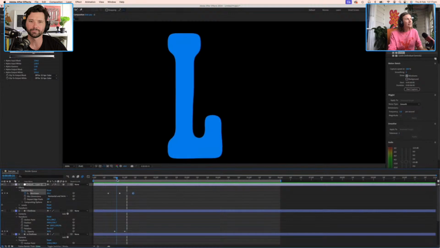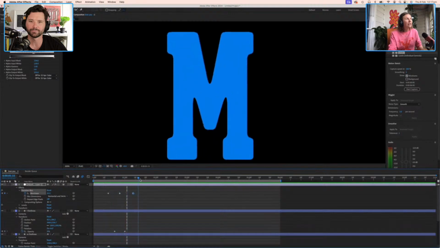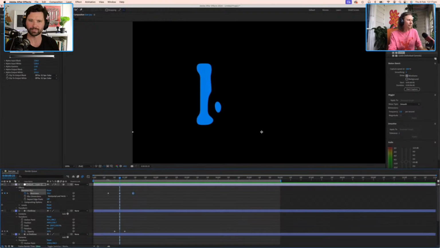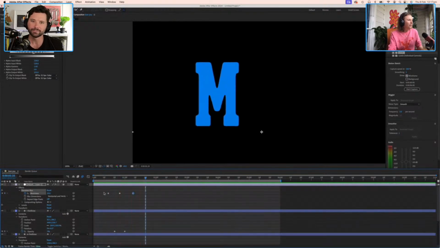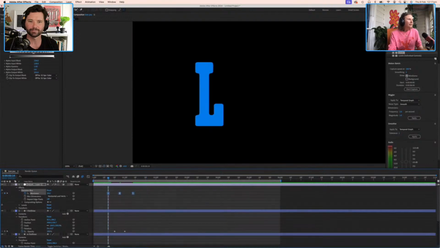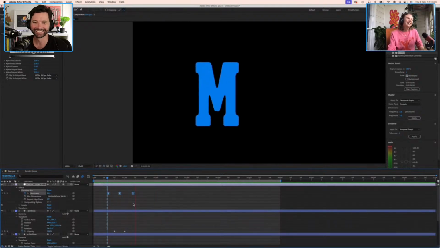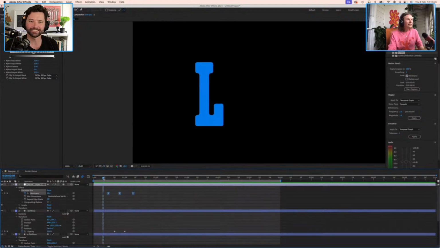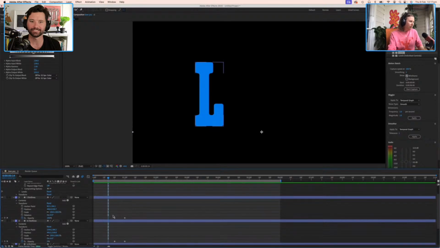So you can see it's curving in, we get the morphing, and then it just sort of fills out a bit at the end. Yep, that's great. And we might just ease those keyframes a little, because it feels like sacrilege not to add a bit of ease. And now that we have that, we can duplicate these keyframes across the rest of our composition.